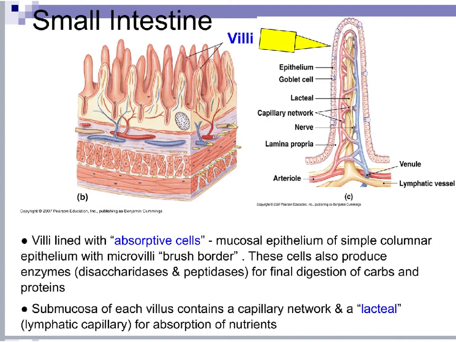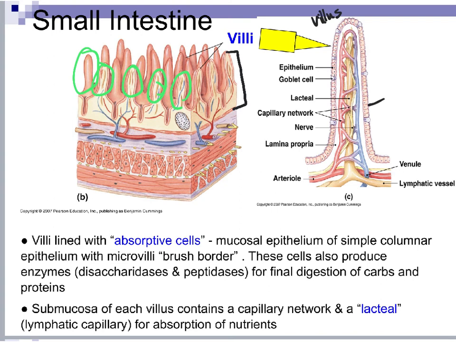Let me move back to here. If we look at a chunk of the small intestine a little more closely, you can easily see these villi right here. If I just point it out to you, all of this from here to here is mucosa. And if we were to zoom in on that mucosa, you see one villus right here. I'm trying to make this as accurate as I can for you. So this one villus that you see right here,